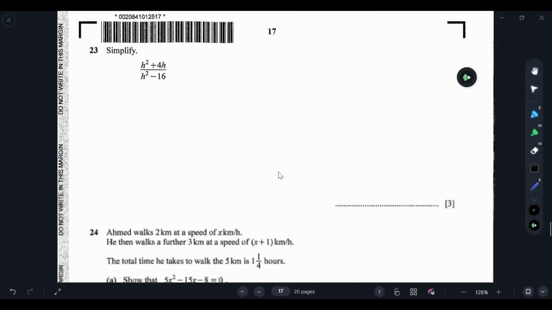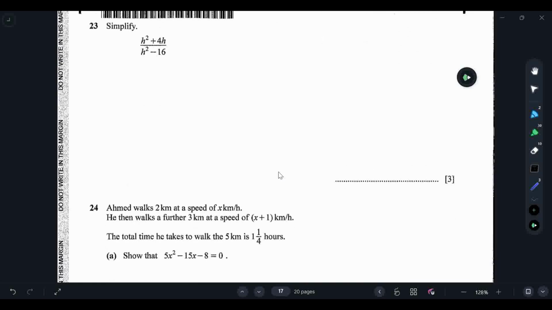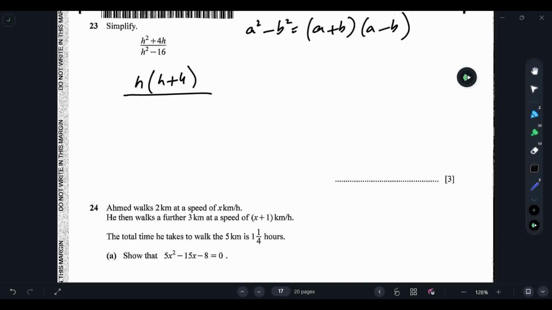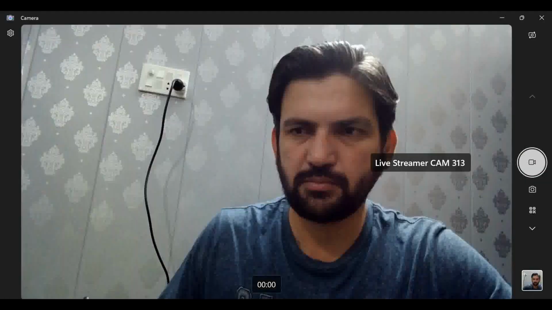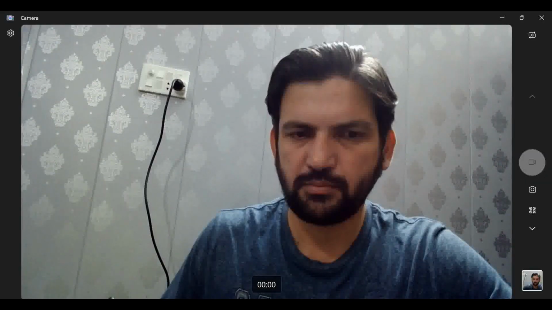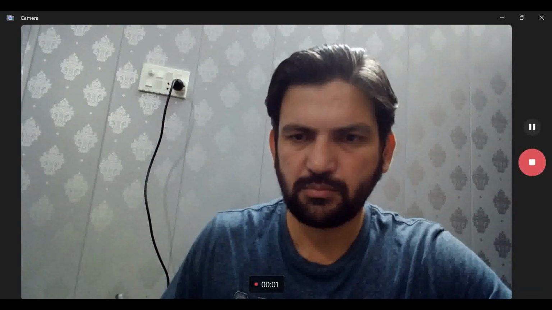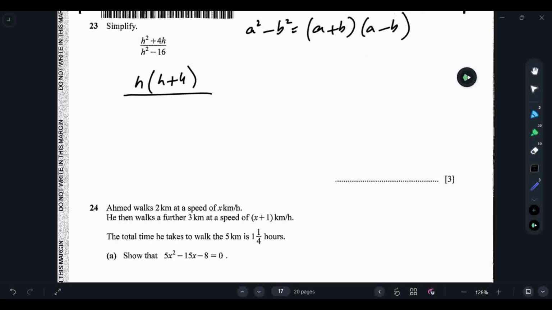Let's move to question number 23. We have to simplify this equation. So first we can take h as common. So h plus 4 whole divided by, in the denominator we can use the identity, that is a square minus b square is equals to a plus b into a minus b. A plus b into a minus b. So this will be